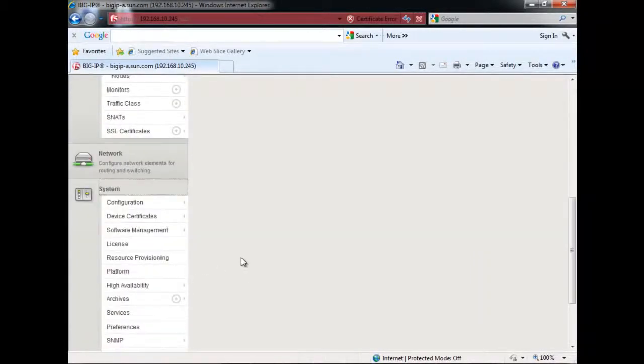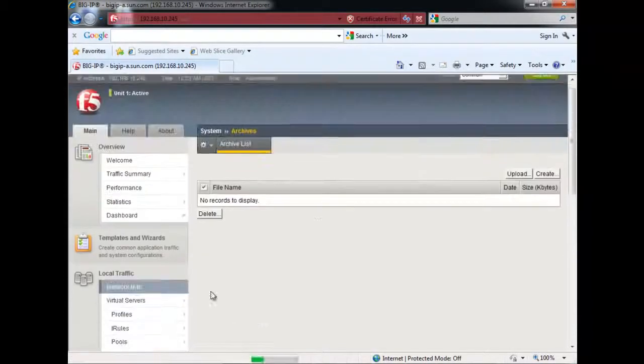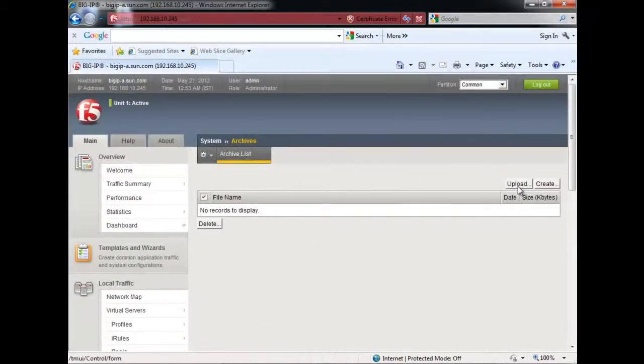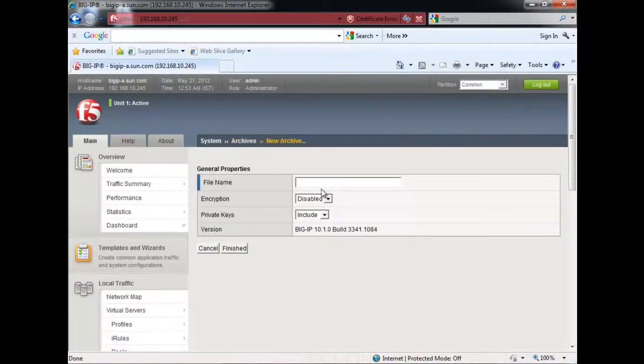So navigate through the System, click on System, go to Archives, and you can find there are two tabs, Upload and Create. Now as we want to create a backup, just click on Create and give a proper naming convention, bigip_LTM_3600, say 12th May 2012.